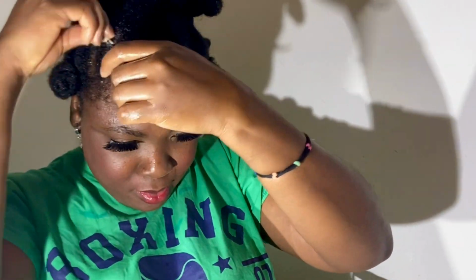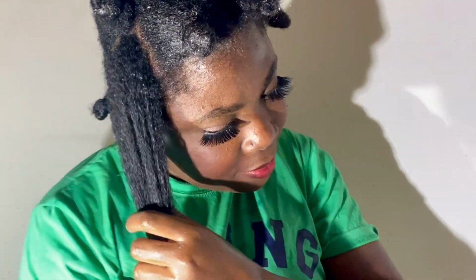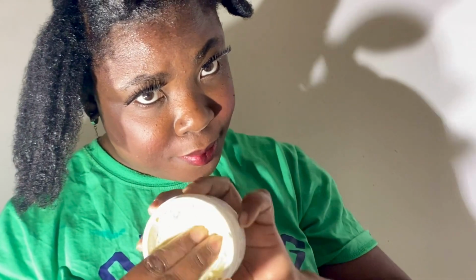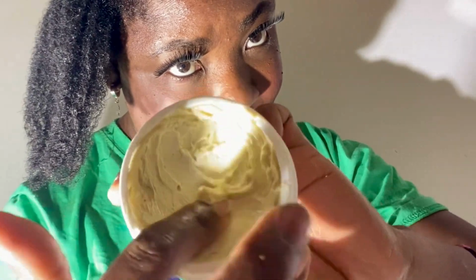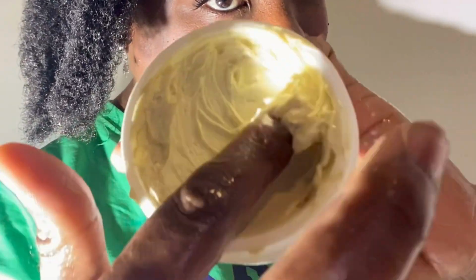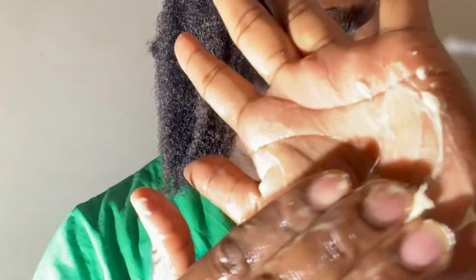Because of stress and a lot of things that I have passed through this year, I have not been able to maintain and hydrate my hair the way I want to. So guys, now I really want to focus especially on my ends, because my ends is where it's suffering. As you guys saw in the clip before, as I stretch my hair, the ends were just breaking off. It just removed. So there's no way you will see that length even if your hair is growing. This hydration will help a lot, because without hydration,